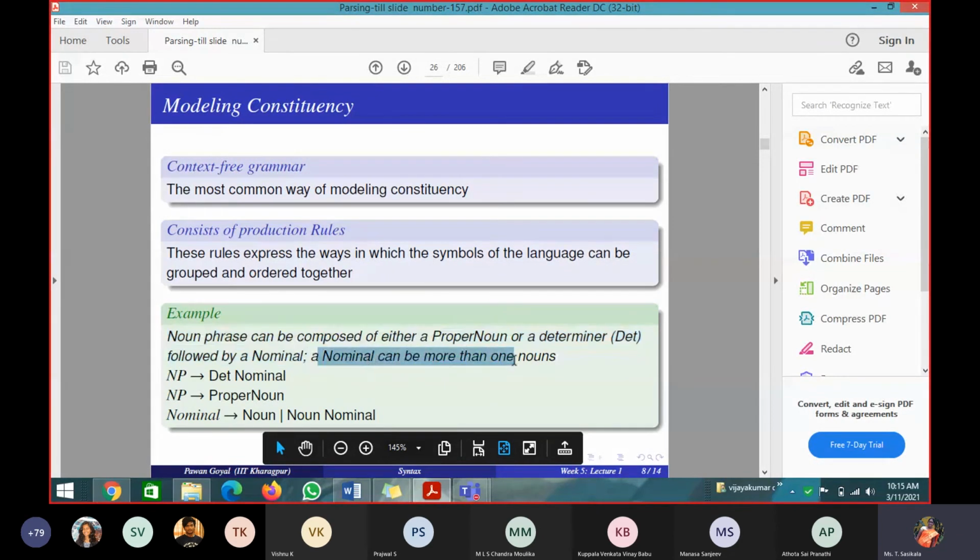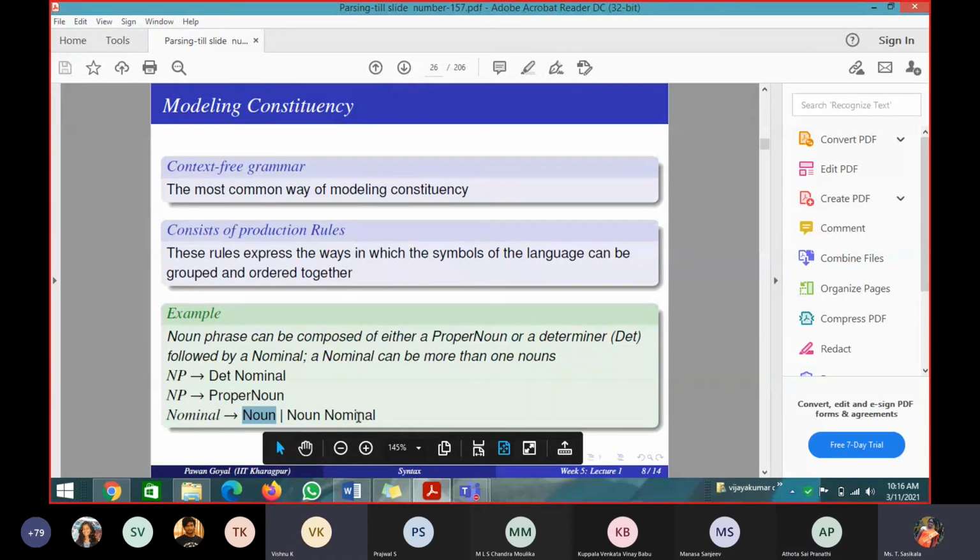A nominal can be one or more than one noun, a single noun or more than a noun. So how can I write it? A nominal can be a noun or noun followed by a nominal. A nominal can be a single noun, so that can be a noun. This pipe symbol is OR, either a single noun. A collection of nouns means I cannot say how many nouns I have, right? So noun followed by again